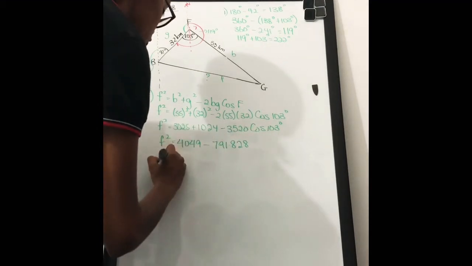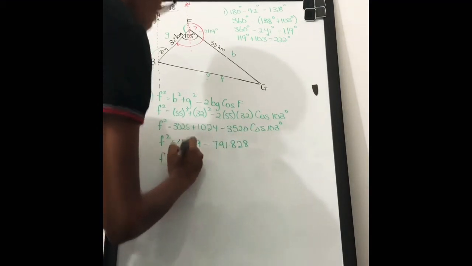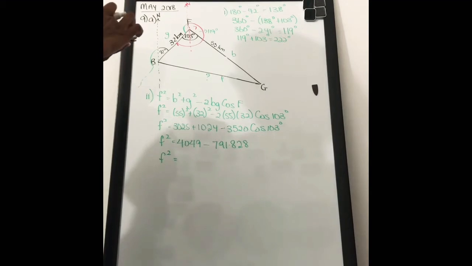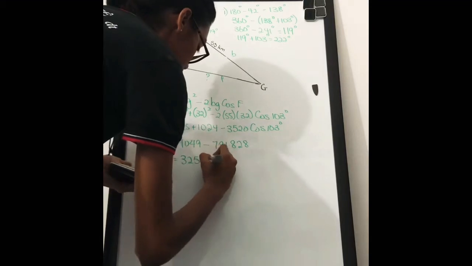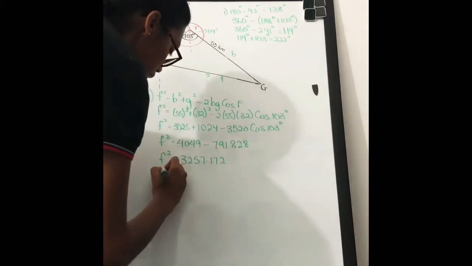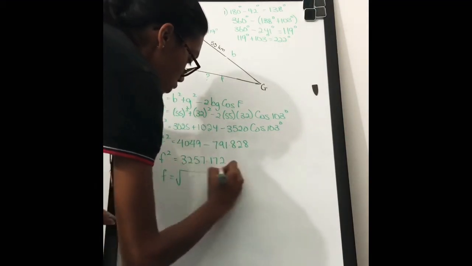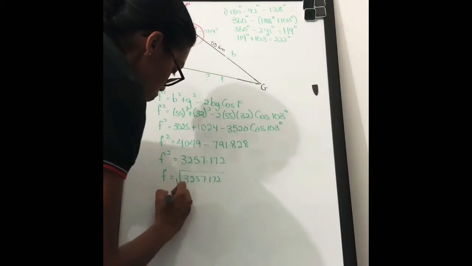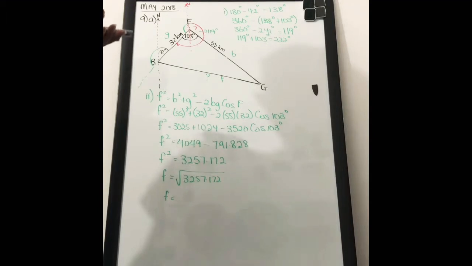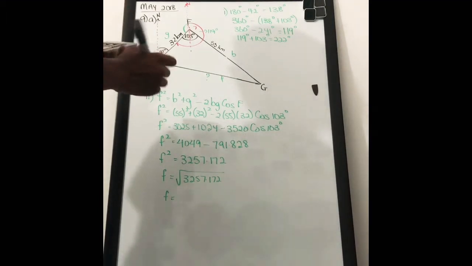right? So therefore F squared, we minus there. So we have 4049 minus 791.828. We got 3257.172. Therefore F would be the square root of 3257.172. Square root of 3257.172 is equal to,